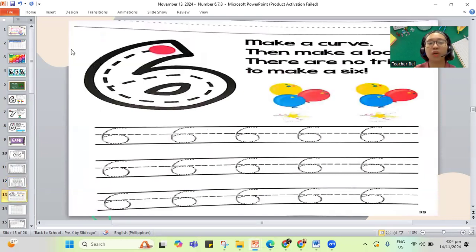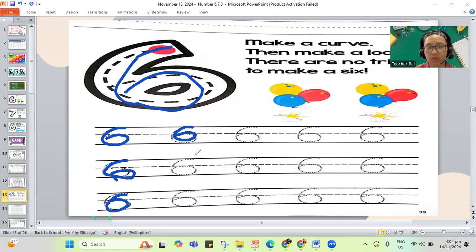So remember, you get to trace your number 6, the big 6, and the smaller 6. So trace all of your 6. Trace your 6. Continue tracing 6.